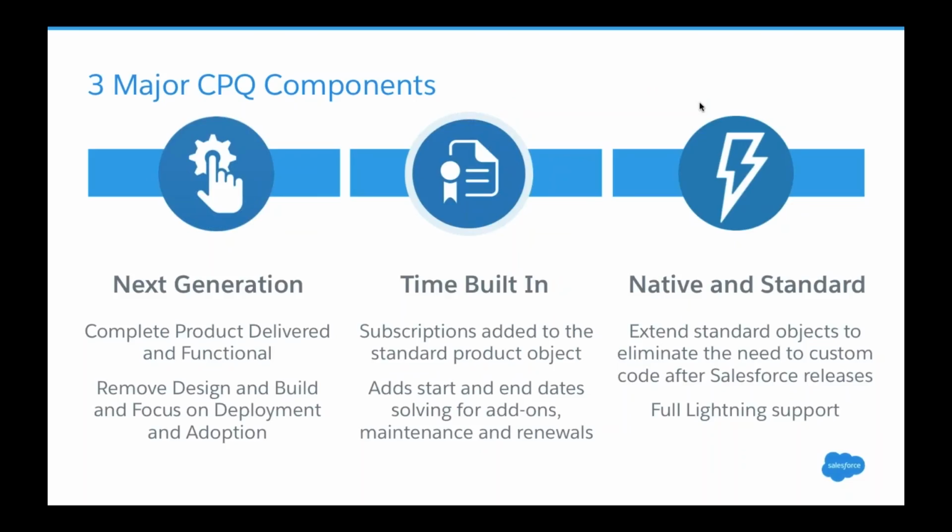If you contrast these considerations with historical CPQ providers, they've also built CPQ in many cases to handle complex manufacturing scenarios and other legacy applications. Most CPQ customers today are in the subscription business in some way, shape, or form. So a huge differentiator for Salesforce CPQ is that the concept of time is built into the solution. Subscription management is a big consideration for a lot of our customers,